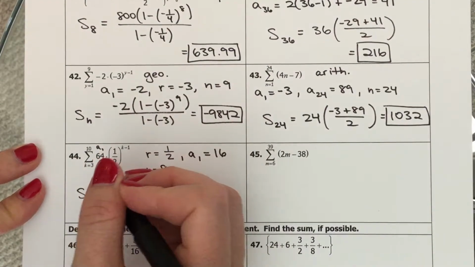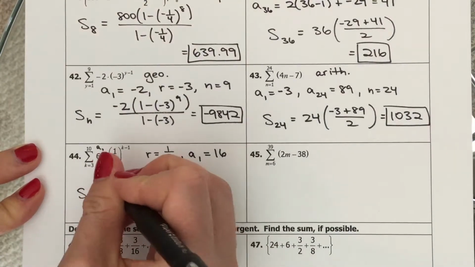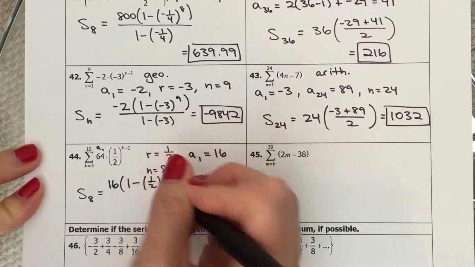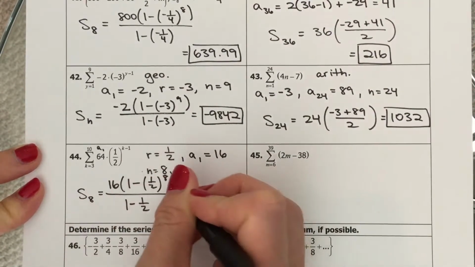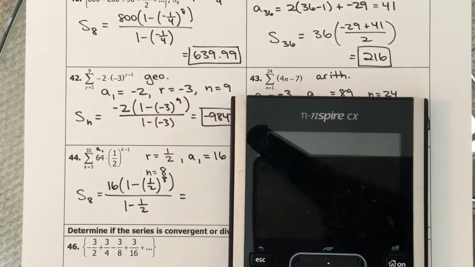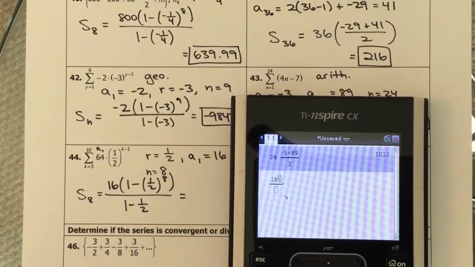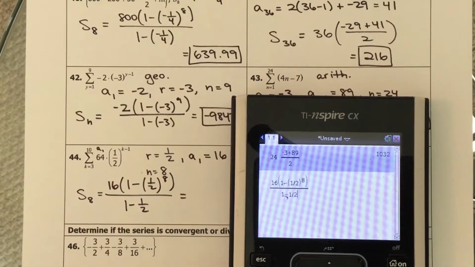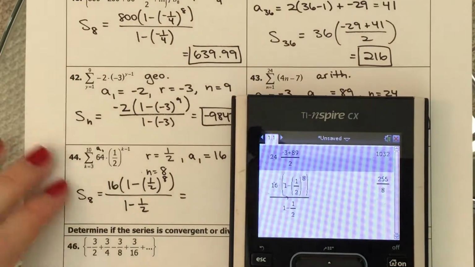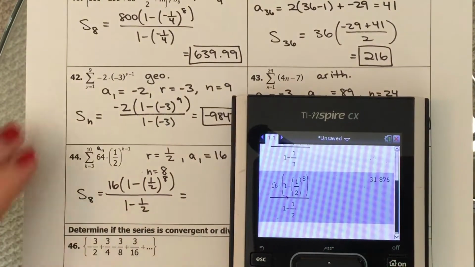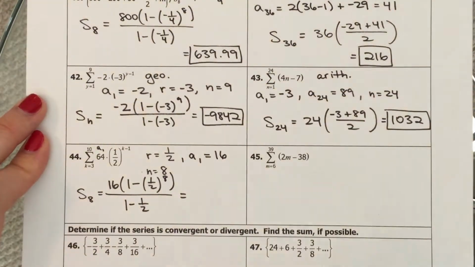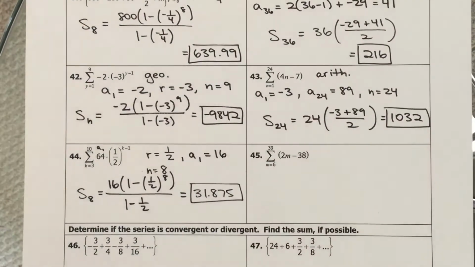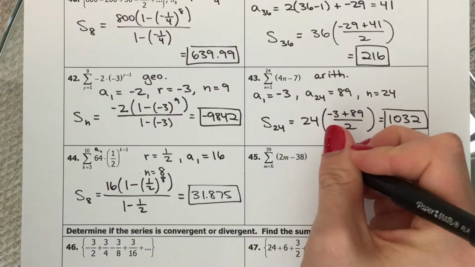So not actually A1, but just where you're starting in the series, which would be the third term, and that's 16. 1 minus R to the nth over 1 minus R. Okay, so we get 255 over 8, or if you prefer, 31.875. Okay, one more of these. This one's going to be arithmetic as well. You can just see based on the